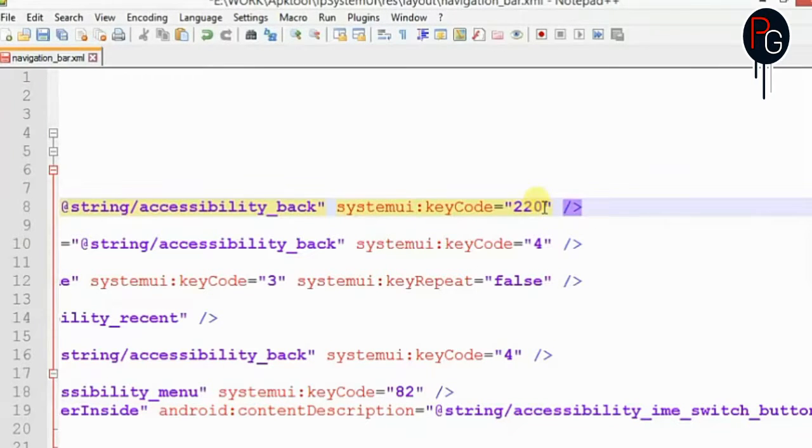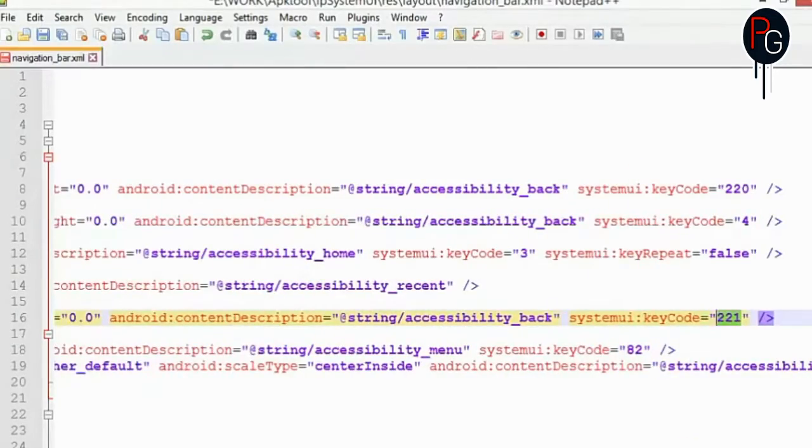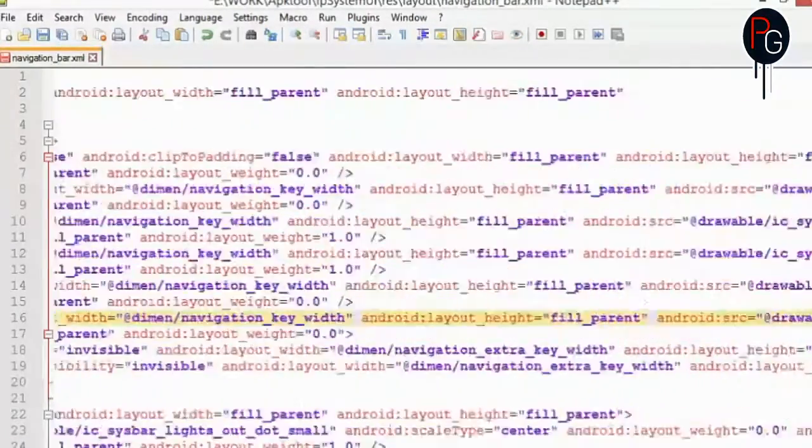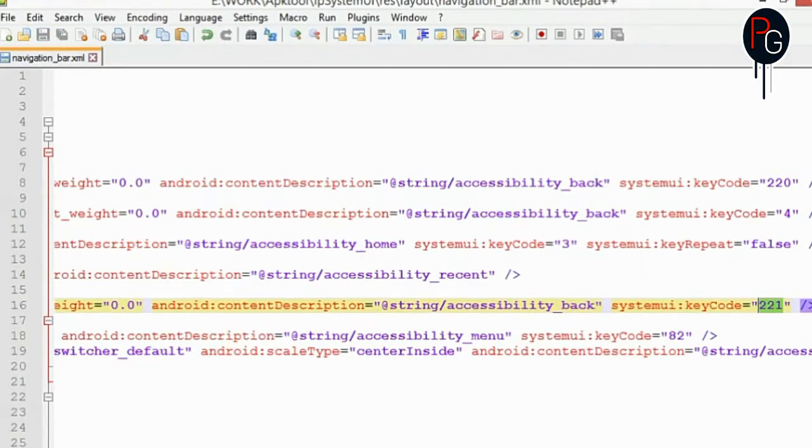Here we have the codes. In the first code you have to fill 220, and in the last one we have created you have to add 221. These are the system UI codes that are already predefined in the Java of our Android. These are predefined functions. So 220 is used for high brightness and 221 is used for low brightness. These are the system UI keys. Okay, after adding these keys,